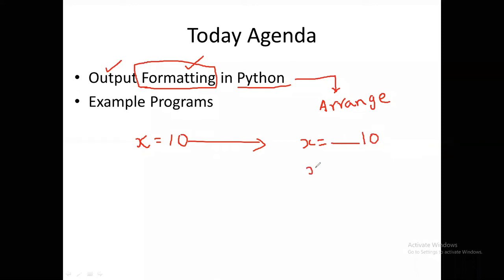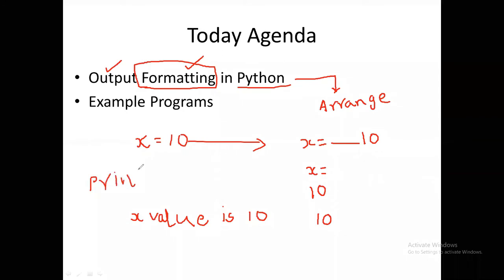I want to print x equals, a tab space, 10, or x equals 10 on a new line, or directly the x value 10, or x value is 10. For all these we use the same statement, the print statement only.